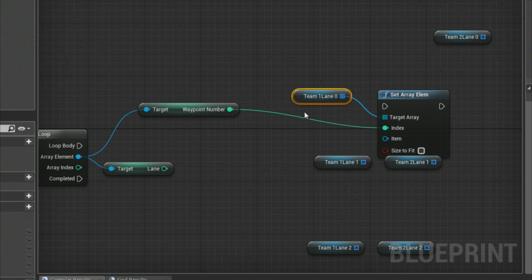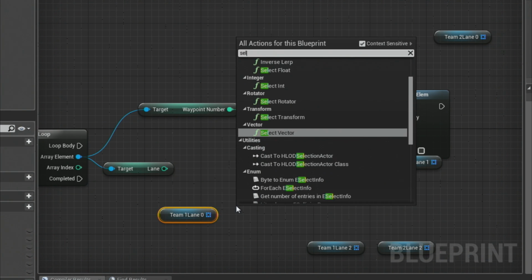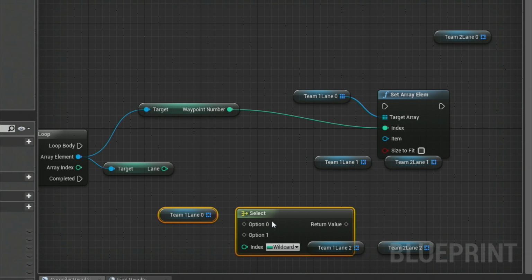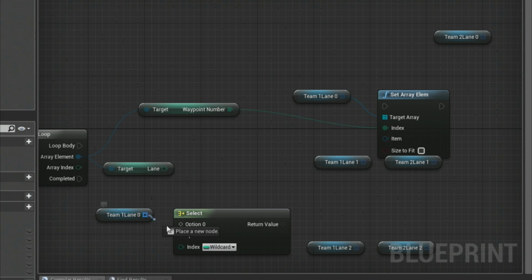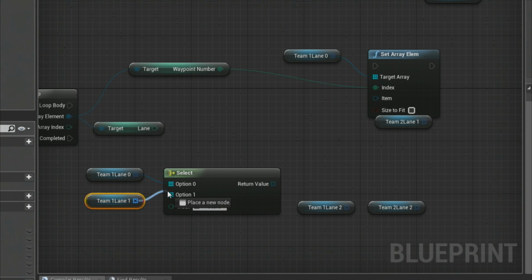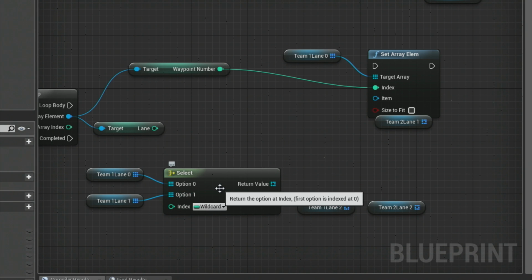Let's do a W over here. We'll do one of these awesome select nodes. You guys haven't used these? I love these nodes. Where we can filter in whatever we want. So instead of doing an execution split, we'll do a data split here. And we can just add another option.